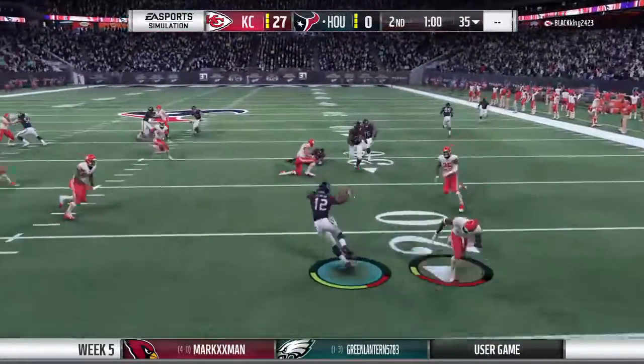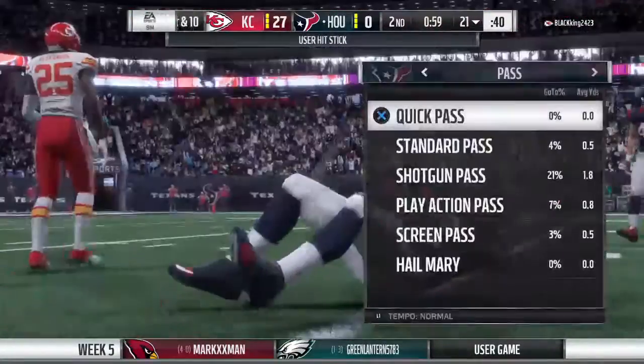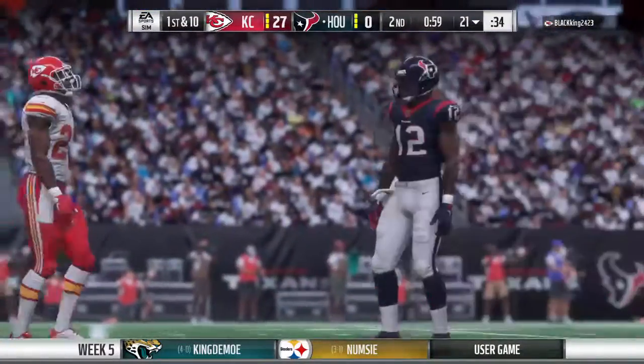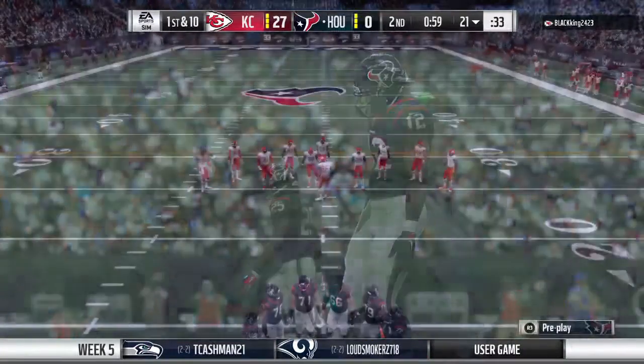Here comes Bruce Ellington on the return. And a big hit there as he runs into a brick wall at the 21-yard line. The Texans offense now, they get set to head back onto the field. And what do you think goes on here in this situation? If you got the football, you're trailing, you're back in your own